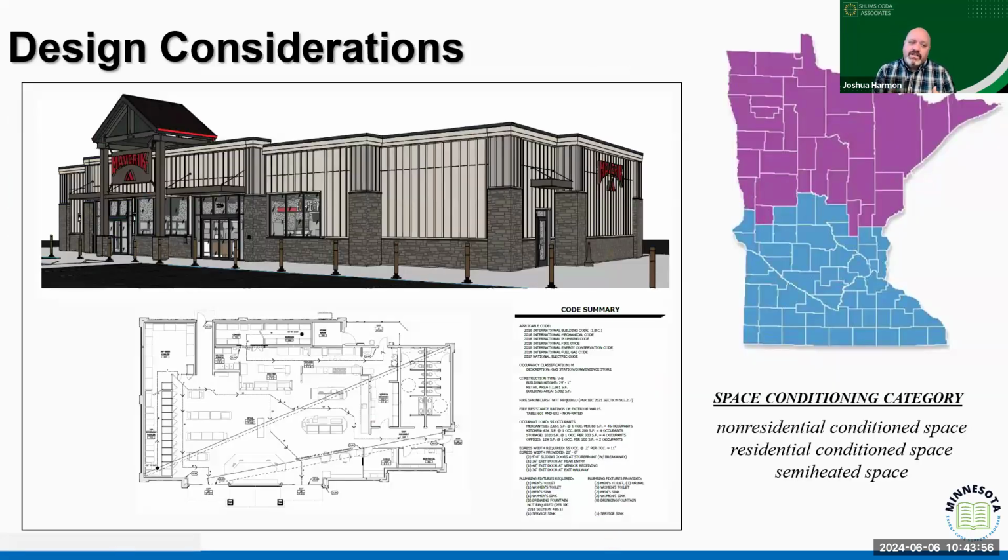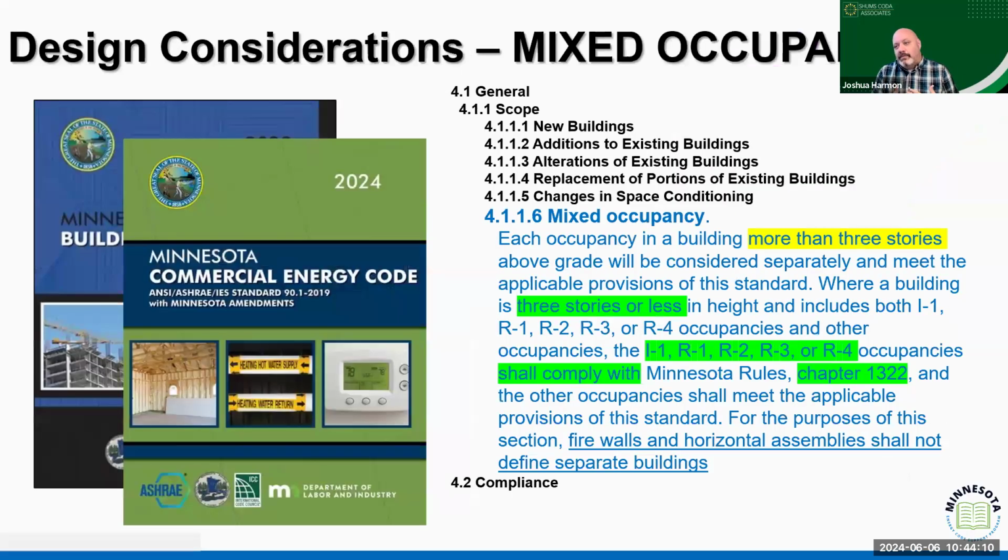So one of those key first considerations, not only are we going to identify what compliance path we're going to follow, but we also need to think about what area we're in and how we're going to identify the conditioned spaces within that building. Remember, when we talk about mixed occupancies, we're going to isolate those I and R occupancy types and treat them differently from the other building occupancy types that may be in that mixed occupancy building, right? So we're going to have sections that are treated a little differently based on their occupancy type because we have certain expectations for the different designs.